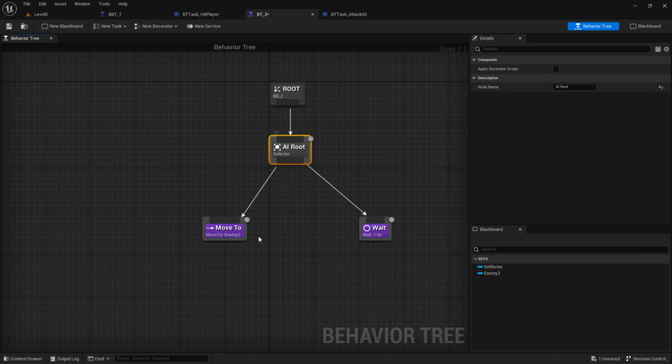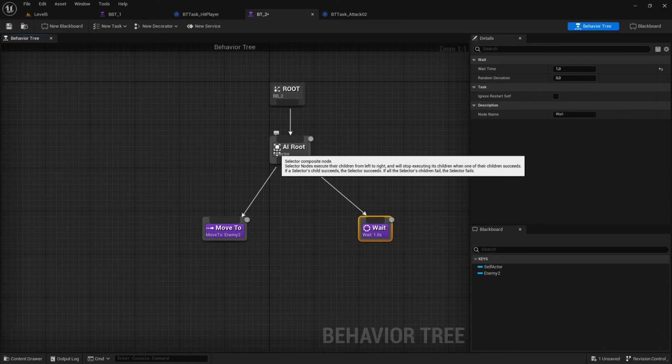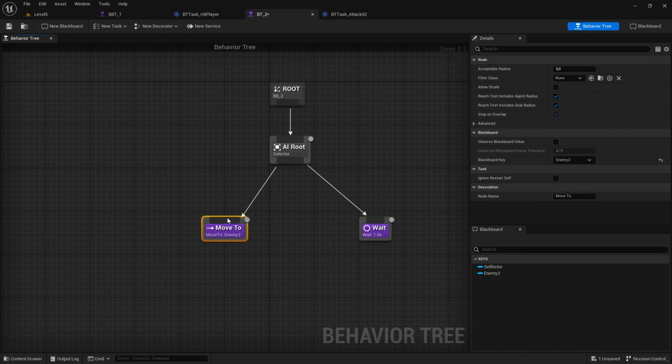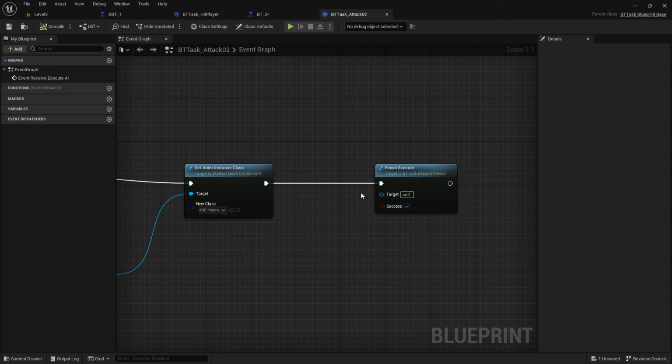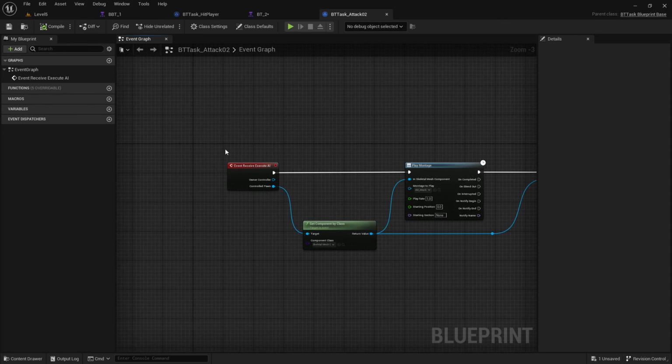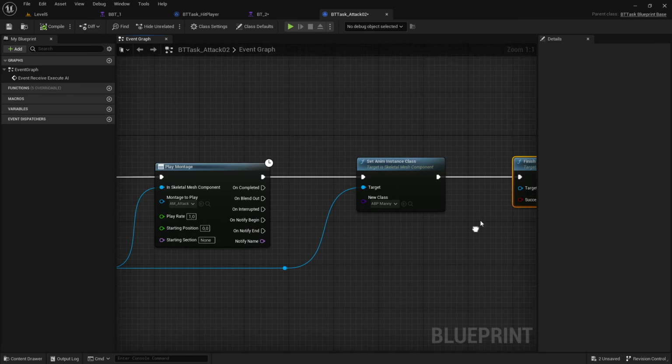this selector reacts on success or fail. If it's success, for example with the selector, it will stop here, will not go here, and go back. The sequence is the other way around. If on success, let's say this is a sequence, on success with this node, it will go to the next node. So that's why this start point and this end point is very important if you use this, and every